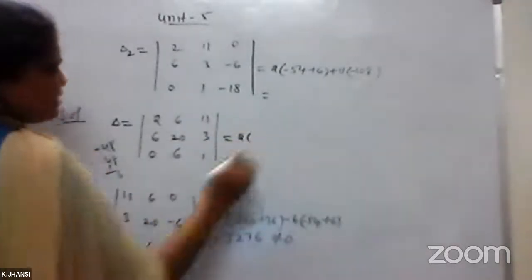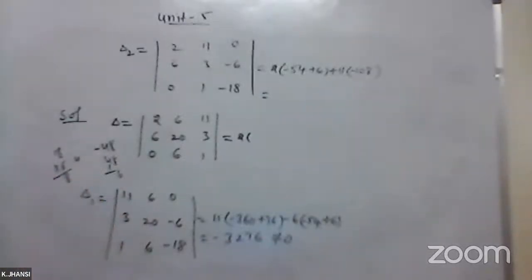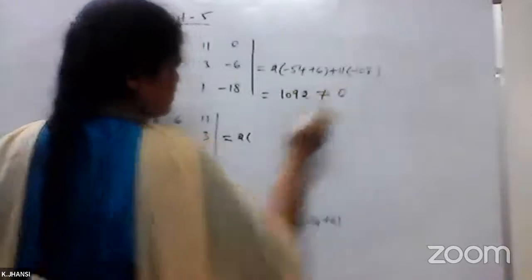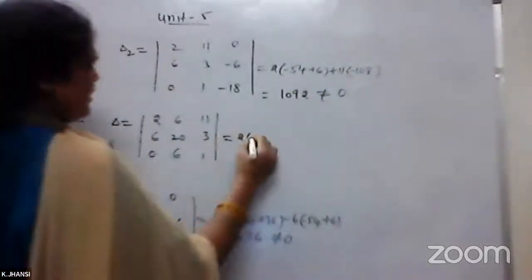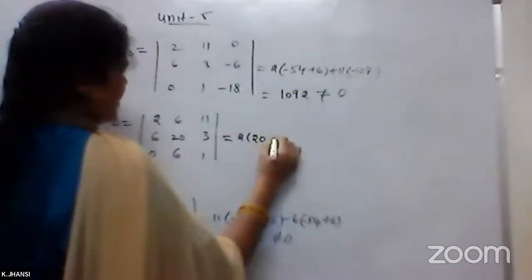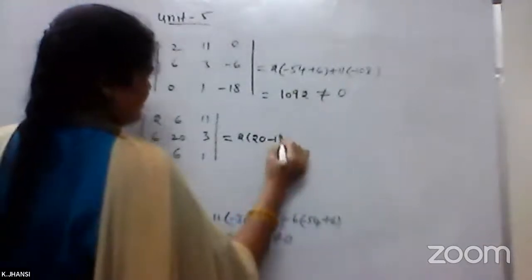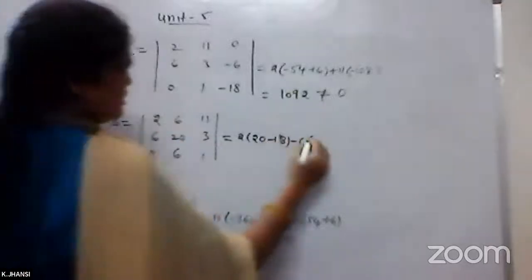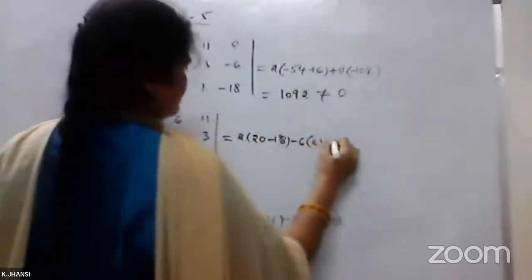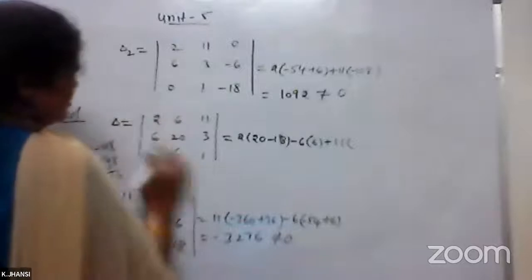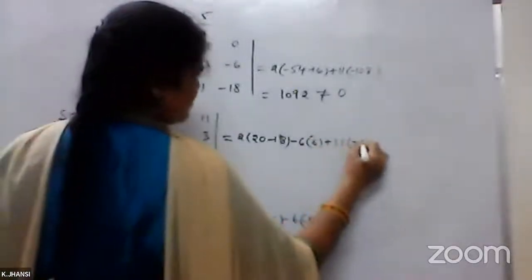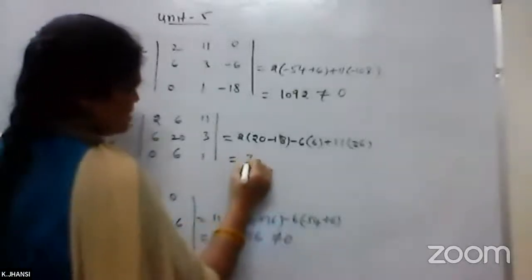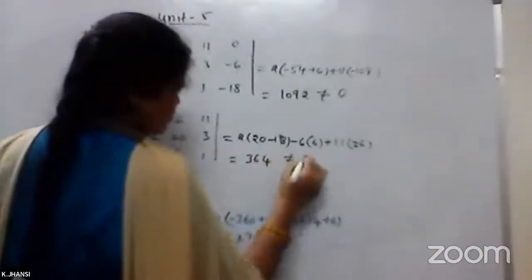So the second one, we are getting delta 2, 1092, which is not equal to 0. So next is 20 minus 6 threes are 18 minus 6 into 6 plus 11 into 6, 6 sixes are 36. So if you simplify this, you will get the last answer, 364, which is also not equal to